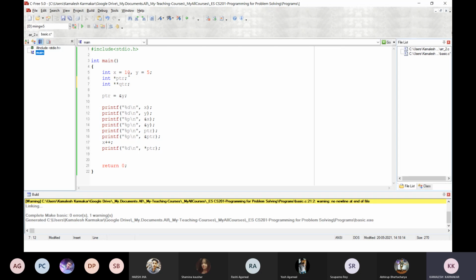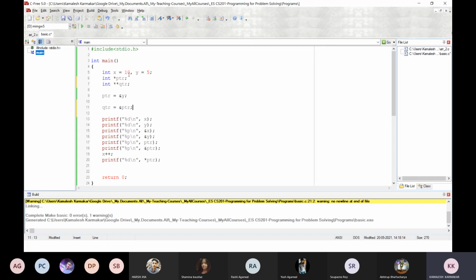Now qtr is assigned the address of ptr because it can hold the address of a pointer variable.